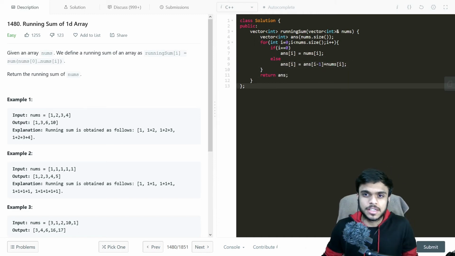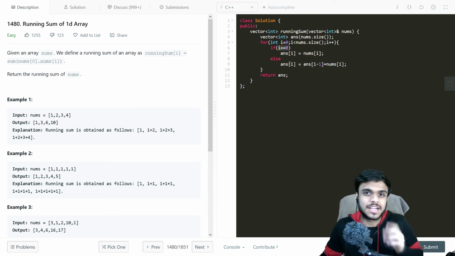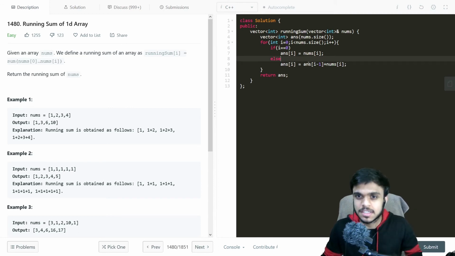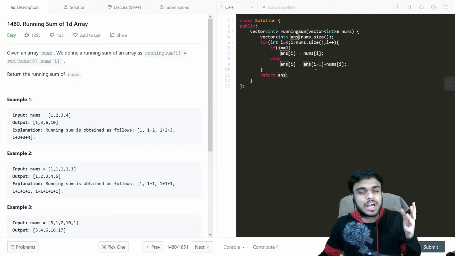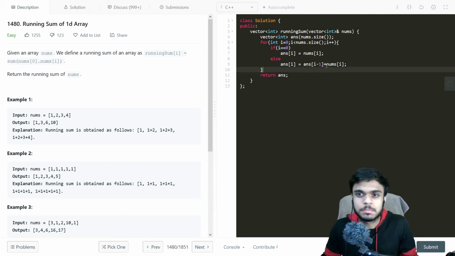What we are doing here is creating an answer vector of size of nums. After that we iterate over the nums vector, from i equal to 0 to nums dot size, incrementing i plus plus in every loop. At the first step, if i equal to 0, there would be no previous element, so we just do answer of i equal to nums of i, because that is the 0th index. Otherwise, answer of i minus 1, the previous number, would have calculated all the sums except the current one on which we are standing. So we just do answer of i minus 1 plus nums of i, which is the current value. After the exit of this for loop, we return the answer, because it contains the vector that we need to return.